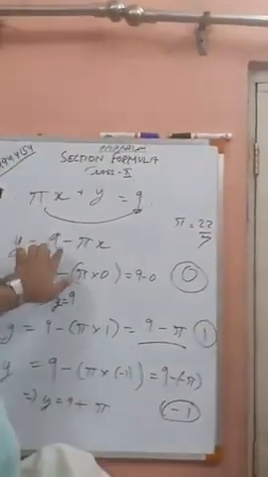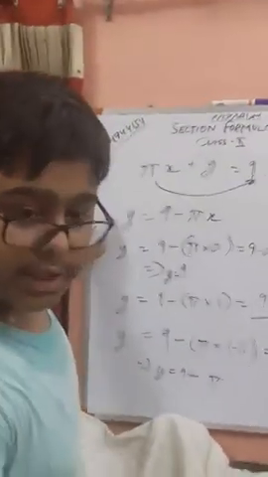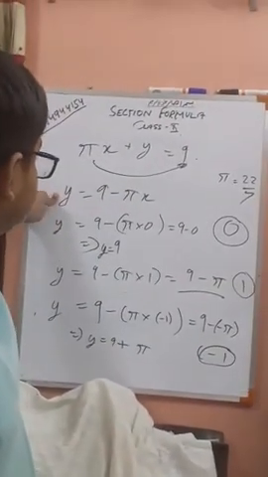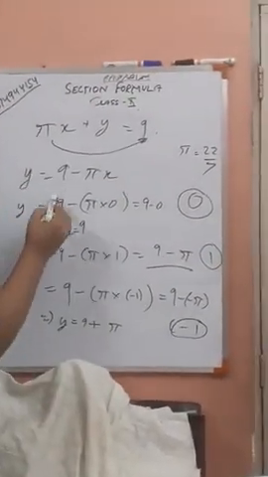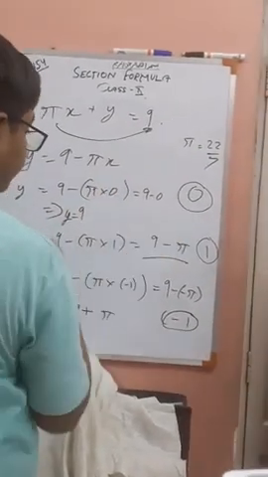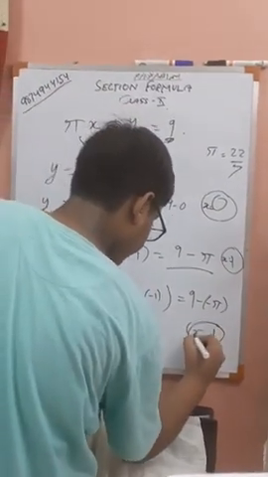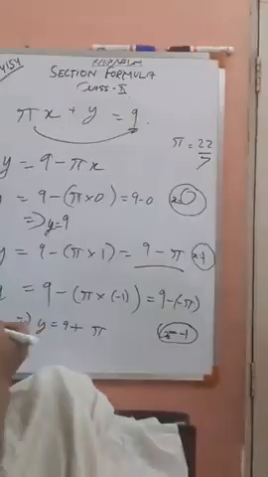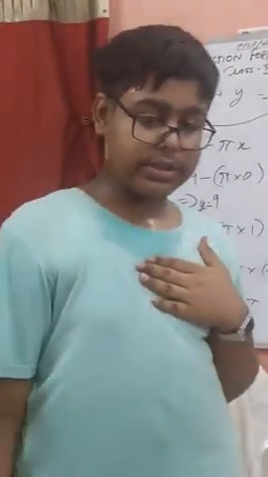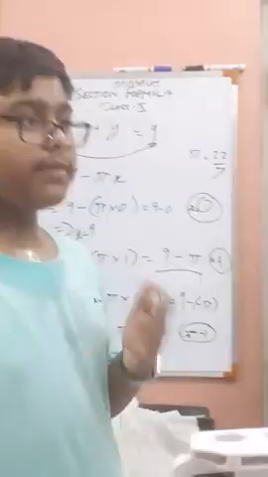Now this 9 came from here. Y is equal to 9 minus pi x. You understood this equation? How this came? Yes. Okay. So y is equal to 9 will remain intact, and pi x. X is equal to 0. X is equal to 1. X is equal to minus 1. We are just taking the values on our decision. Whatever value we need to take, we will have no problem with any value we take.